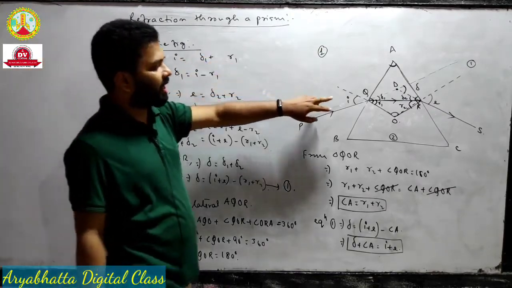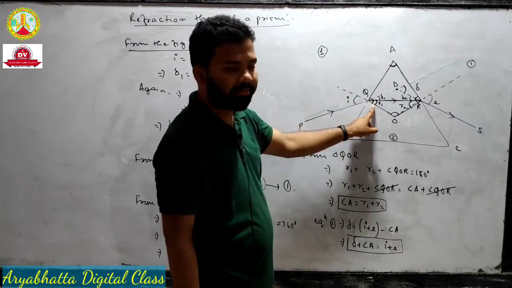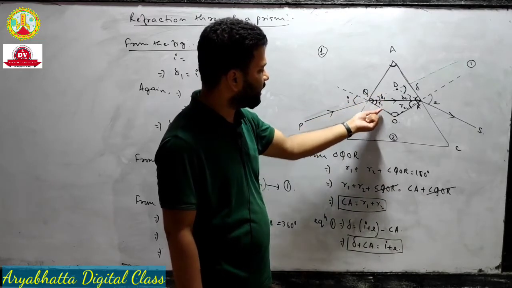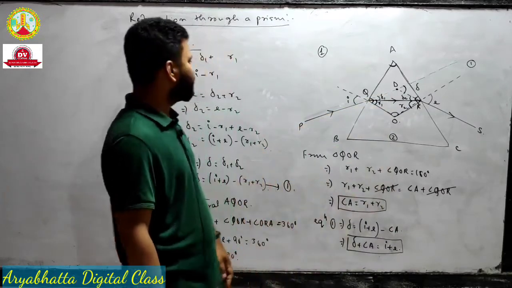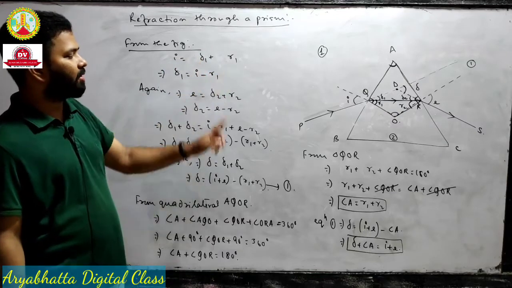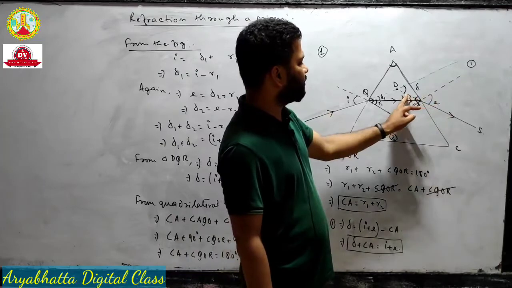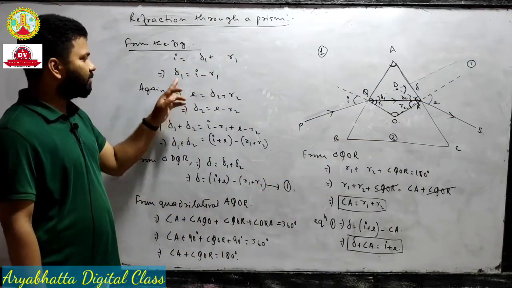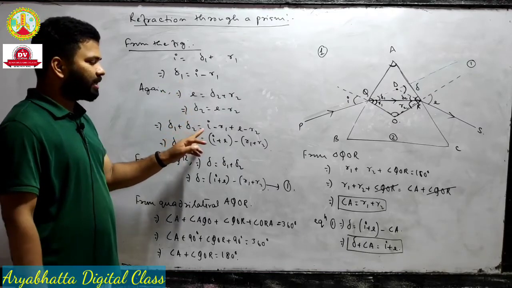This is angle I, and this complete angle from this green line to this black line is the opposite angle. So this angle will be equal to this plus this. So angle I equals delta 1 plus R1, and on this side angle E is equal to delta 2 plus R2. From there we will get the value of delta 1 and the value of delta 2.